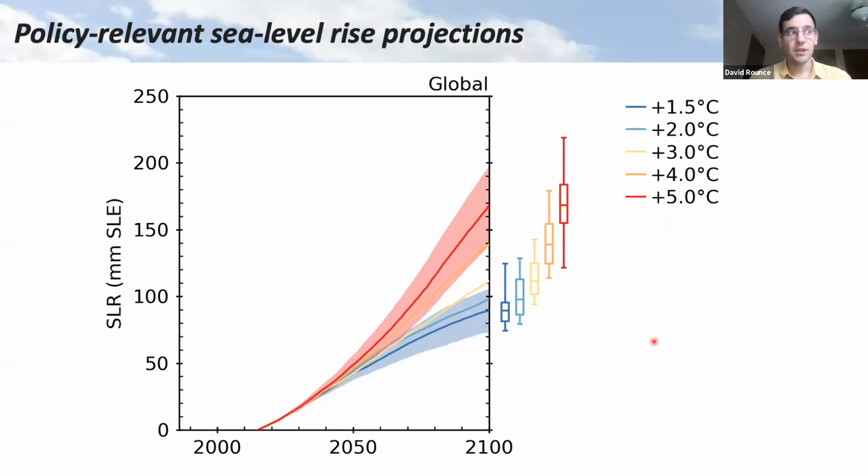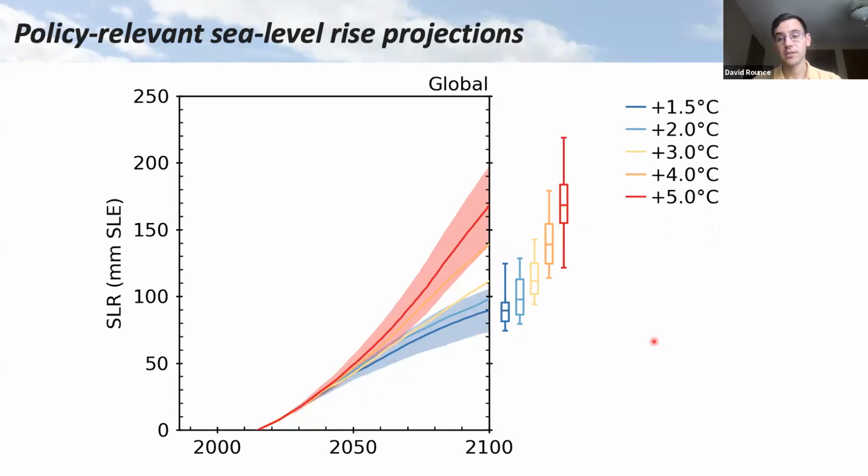So while the shared socioeconomic pathways and the RCP scenarios are really fascinating to look at, policy and decision makers are typically interested in the impacts associated with a certain increase in global mean temperature compared to pre-industrial levels. So for example, what happens if there's 1 degree of warming or 2 degrees of warming compared to those pre-industrial levels? And so what we did is we took all of the SSP scenarios and we aggregated those projections into